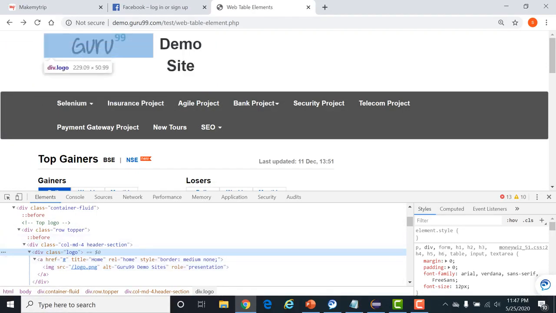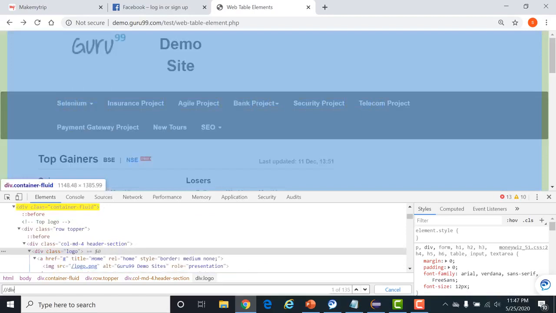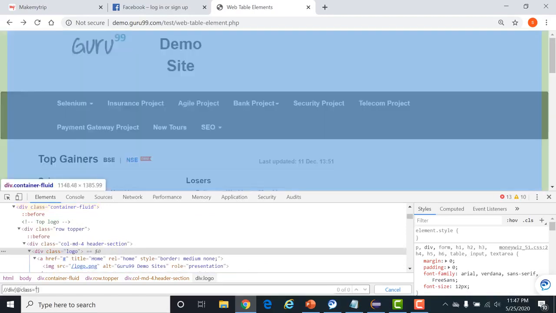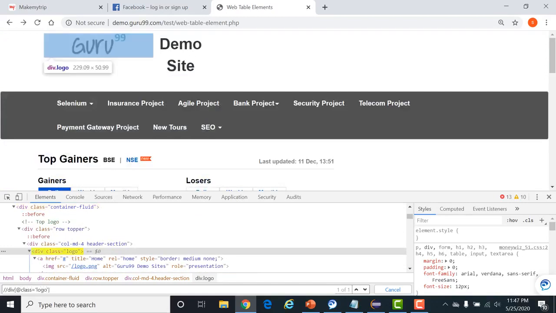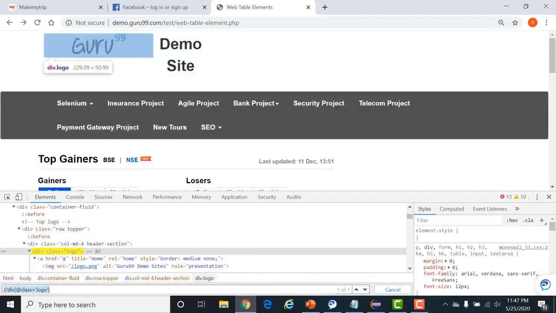Okay, so fine, I'll just press Ctrl+F. Here I can write my XPath. As of now, we'll just write the XPath of this particular line. We have the class attribute available and its respective value. We'll design our XPath as we learned in the last session. Simple, @class is equal to logo. Fine, a simple basic path. So we identified this element.